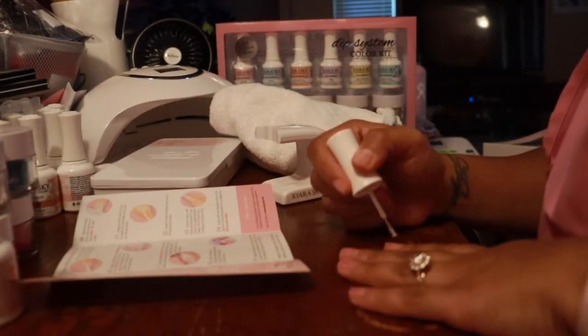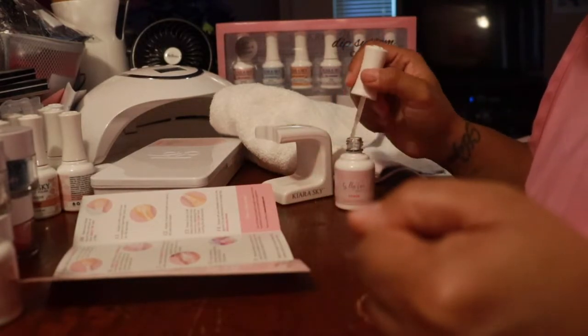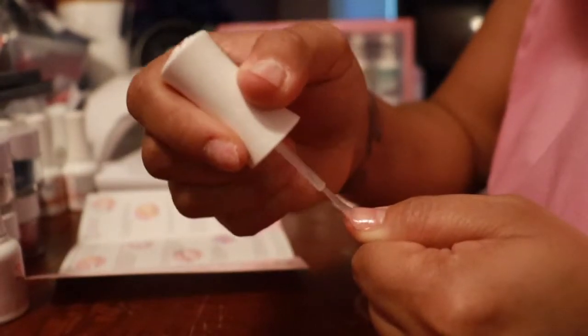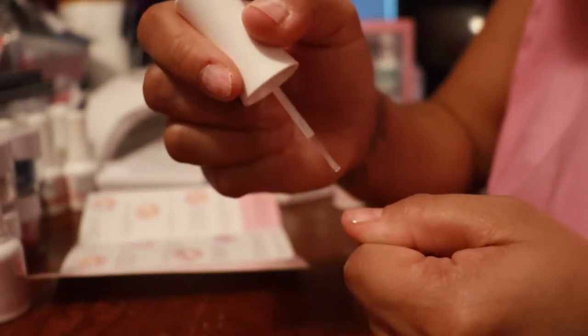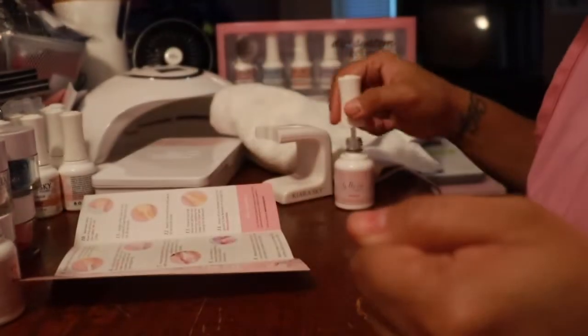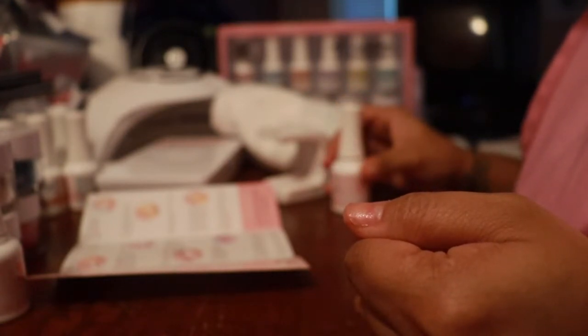Don't know if this is a good view for you guys. I'm so sorry. But it's basically, I'm just painting my nails. Do this one here so you guys can see it. Again, don't do like me. I just got a bunch of it. I'm going to do one hand first. I'm actually going to do my left hand, even though I should do my right hand first, but...